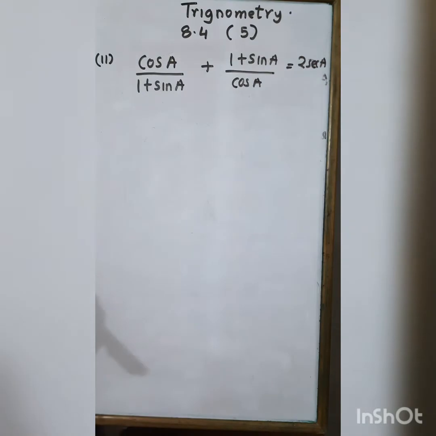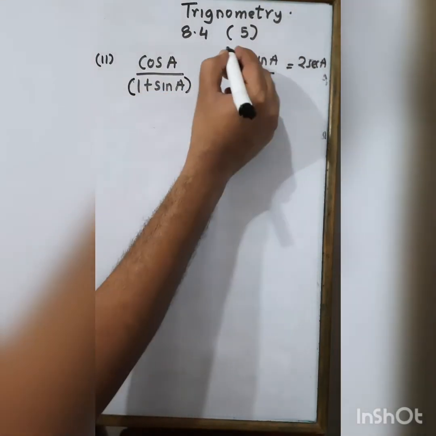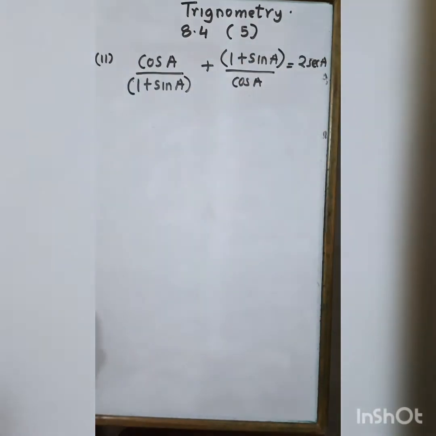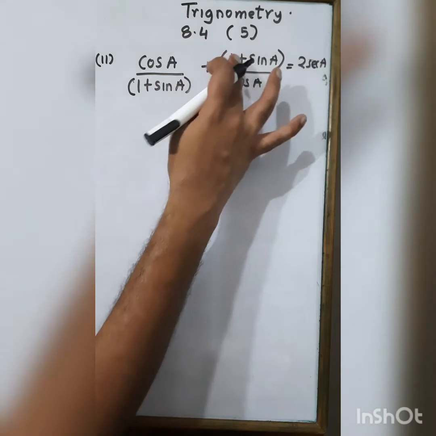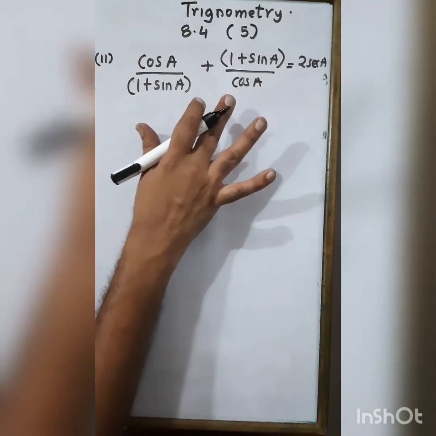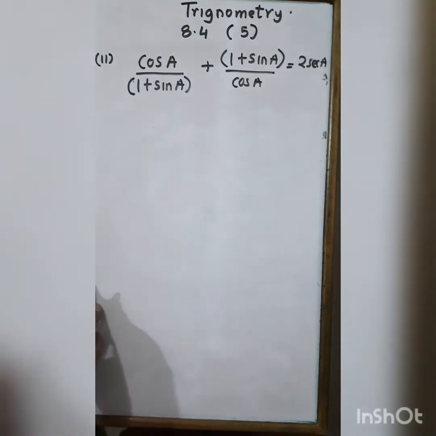See, first step, whenever in numerator and denominator there are more than one terms, you always put them in brackets. Second, you have to remember, when there are two ratios, you can either do cross multiplication or you can take LCM. Answer will be the same. When there are more than two ratios, you have to always go for LCM. Third, you have to remember the identities.